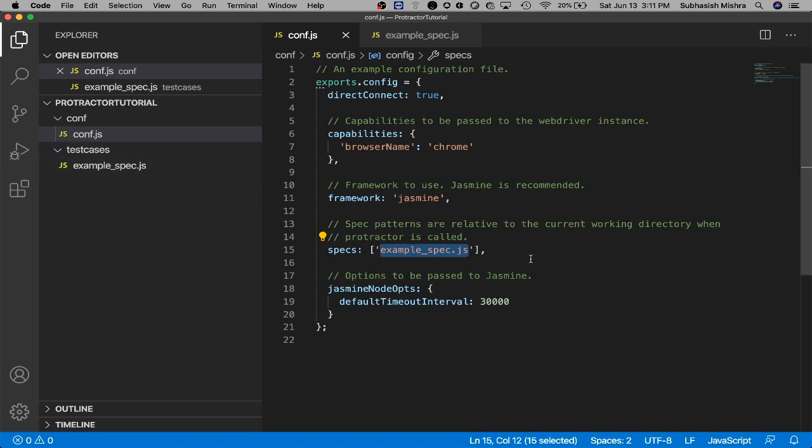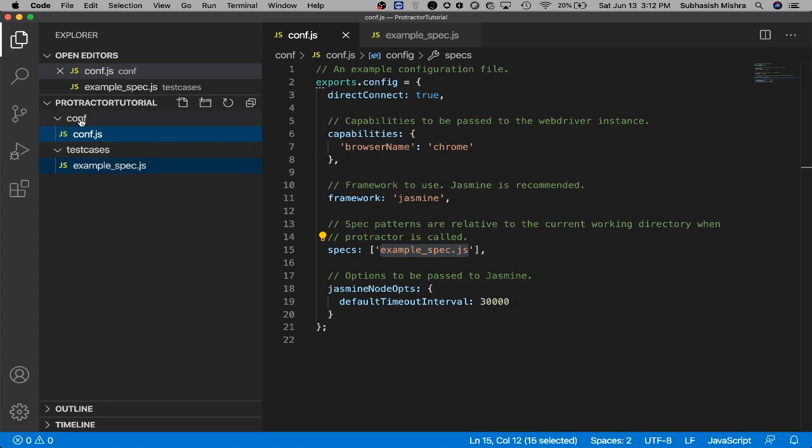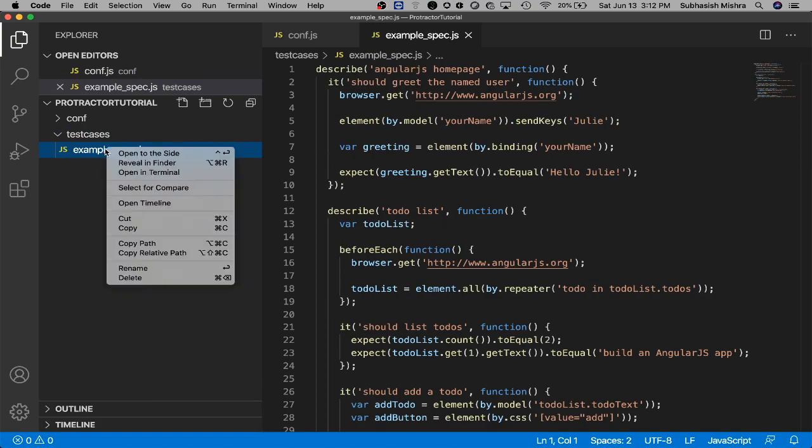Now if we execute this, Protractor will not find this spec file as the location got changed. Earlier both the files were present inside the same directory. Here we have changed the folder structure, right? So we have to change the file path as well. What you can do is right click and copy the path. Just right click, select this, come inside test cases, select this, right click and copy path.